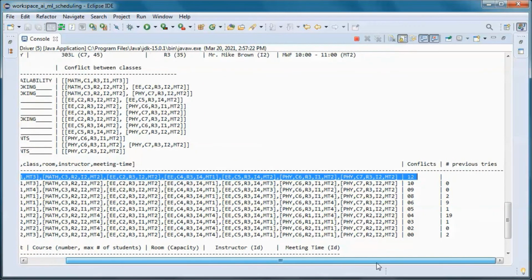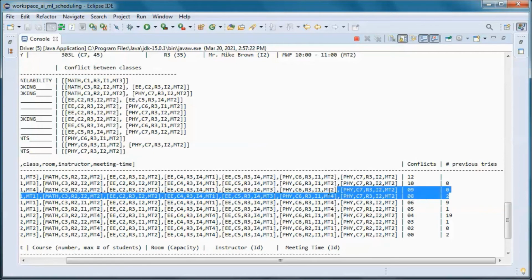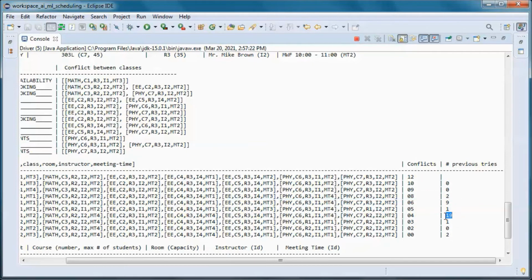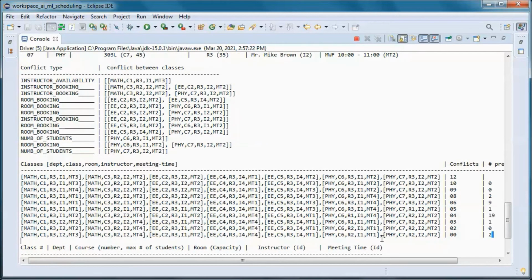So here, after 0 tries, we got to this one, with 10 conflicts, and then 9 conflicts, and then after 2 tries we got to this one with 8 conflicts, etc. Here after 19 tries we got to this one with 4 conflicts, etc. until we got to this one after 2 tries.